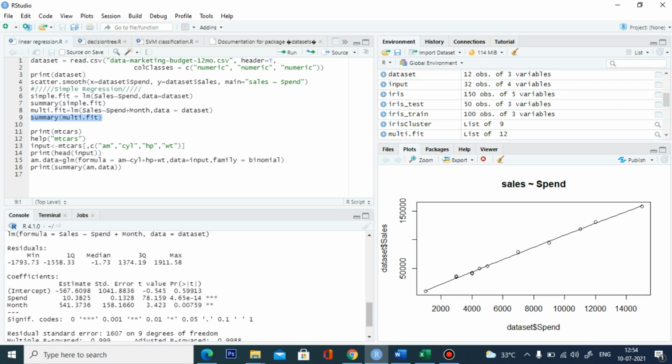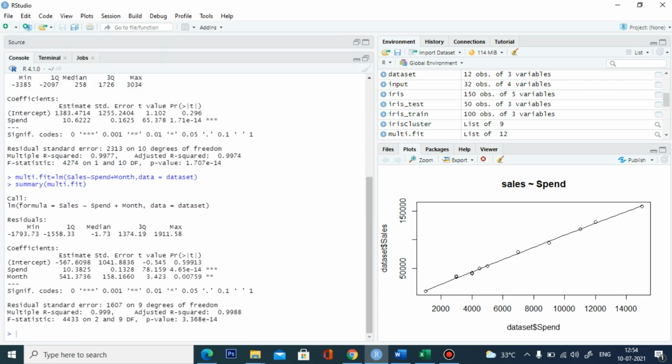This is your multi-fit regression model. The call is nothing but the formula. We have to put the x-axis, spend plus month, from the data set. Here we are predicting the sales variable based on two predictor variables.